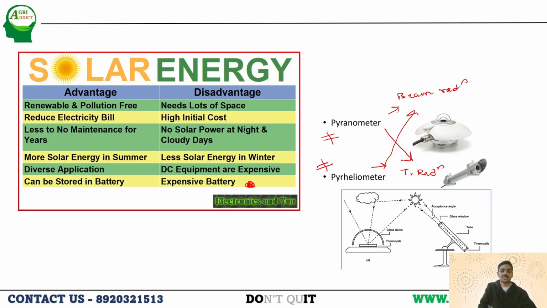Looking into the advantages and disadvantages, there is nothing much to explain, but I will mention a few points. Solar energy is renewable and pollution free, it may reduce our electricity bill, and there may not be any need for much maintenance cost. Yet there are some disadvantages: it needs a lot of space, and it is season dependent, because in winter we will not get a sufficient amount of solar energy. Implementation is a little bit difficult; the establishment of solar panels may require large finance, and there is less solar energy in winter, obviously. And the equipment that we use to store this energy, the battery, will be costly.